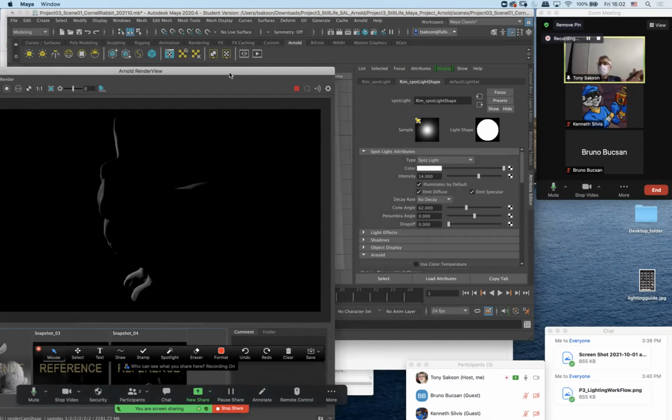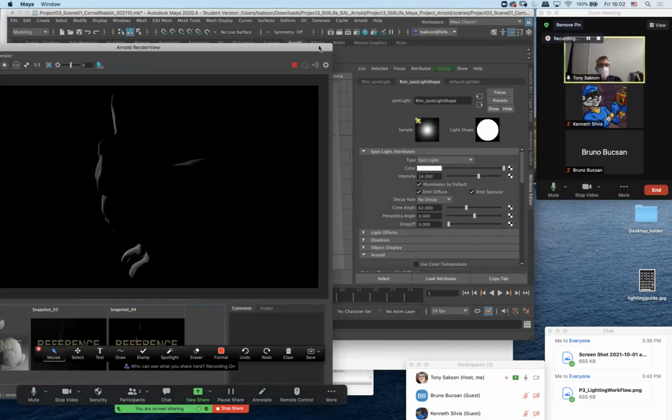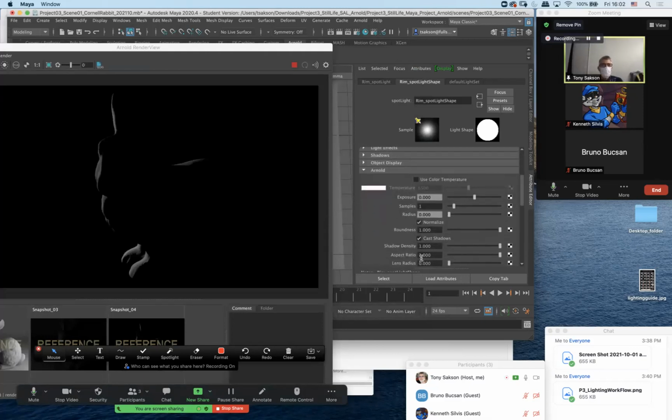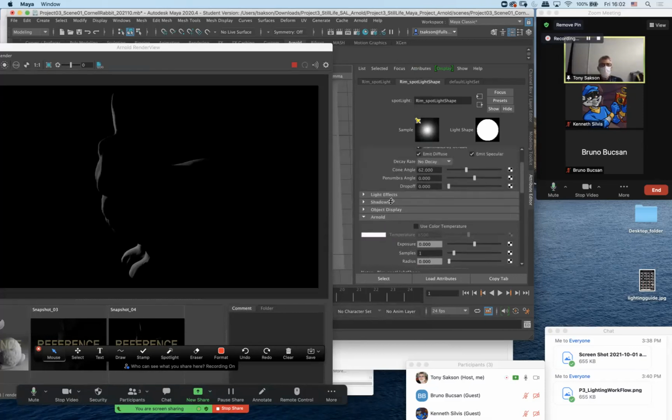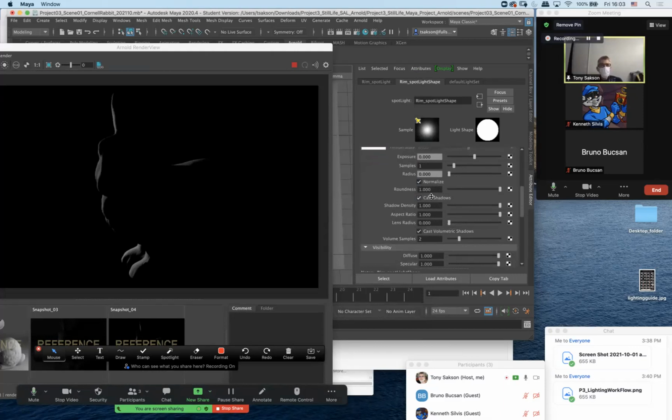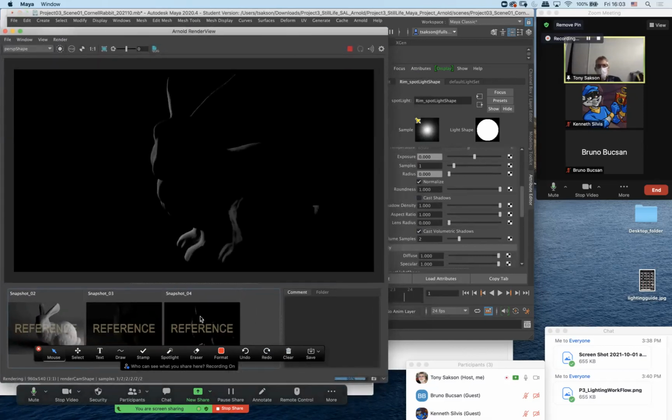Now, another time might be if you want to use a kick light and you only want it to accent something, but you don't really want it to cast shadows for anything else that it might hit. So what we can do is, with the light selected, go down under the spotlight attributes, go down under Arnold, don't go under shadows. Those are Maya shadows. Remember, this is a Maya light. Ignore that. Go to Arnold, cast shadows, and turn off cast shadows. So now, as soon as I do that,